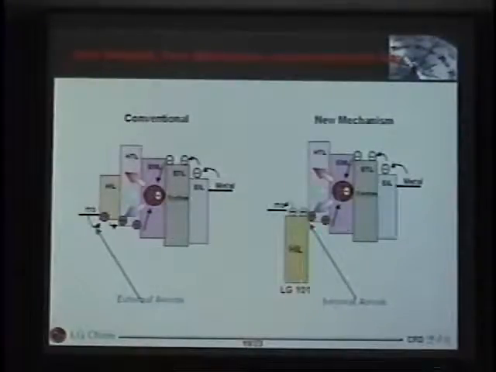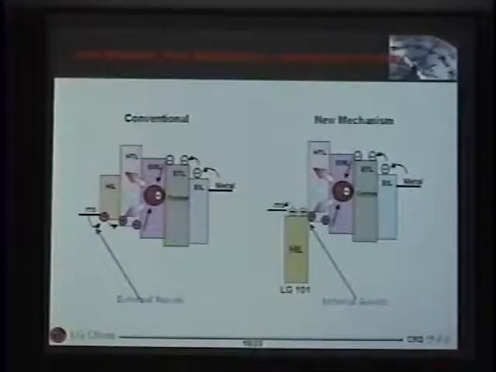But this is our injection mechanism. We call it just HIL, although it's not HIL. The HOMO level of LG101 is down there, more than 9 electron volts. And this is about the LUMO level. So when you make a contact of this LG101 with a conventional HTL, for example, NPB,